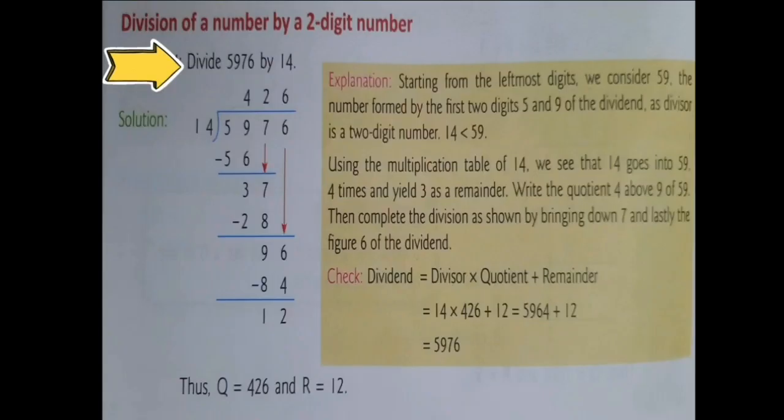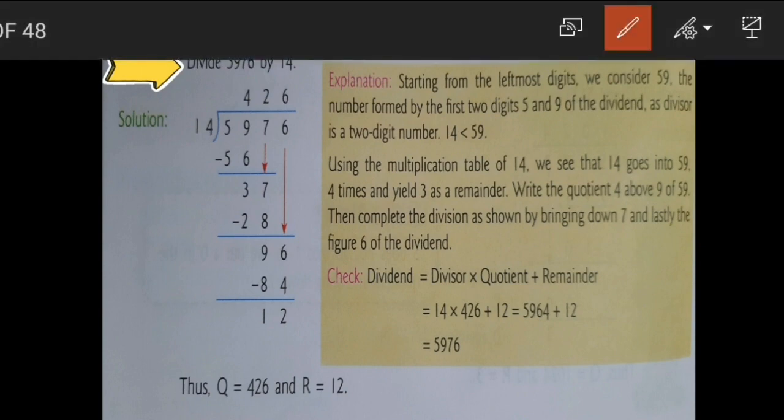We will take one more example, division of numbers by a 2-digit number, and same is with 3 and 4-digit number. We are dividing 5976 by 14. So, we cannot take only 5 because 14 is greater than 5, so we will take 59. When we take 59, the first step was divide and now is multiplication, that is 14 4s is 56, and then we subtract and we get 3.